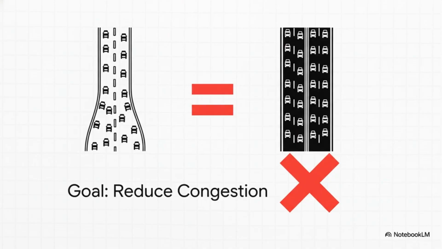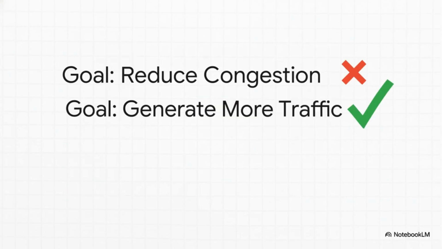So let's go all the way back to our original problem. That system of building wider and wider roads, it did not fail to reduce congestion. No, it succeeded perfectly at generating more traffic. The congestion isn't a bug, it's a feature. It is the mark of its own success. The system, it turns out, is structured not to solve traffic, but to create it. And suddenly, that changes everything.